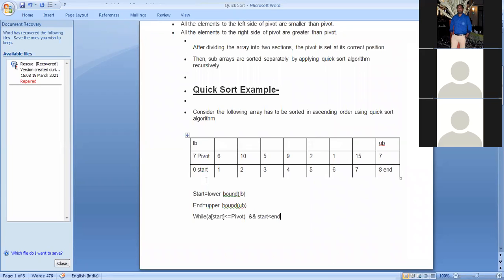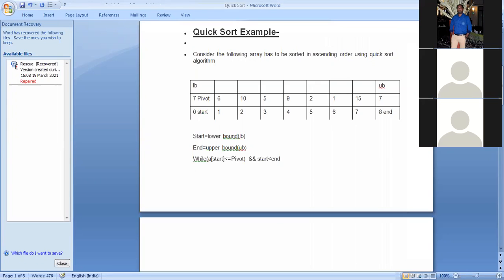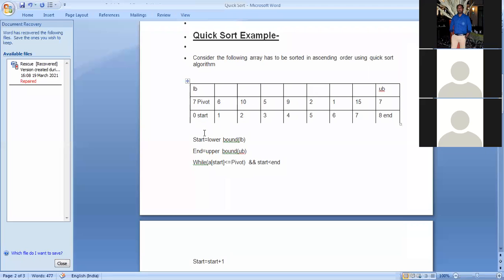Then what will we do? Now start equals start plus 1. That means when the condition is true, first of all we check while A[start] is less than or equal to pivot and start is less than end, because the start value is 0 and the end value is 8. 0 is less than 8, and A[start] means 7. 7 is less than or equal to pivot.